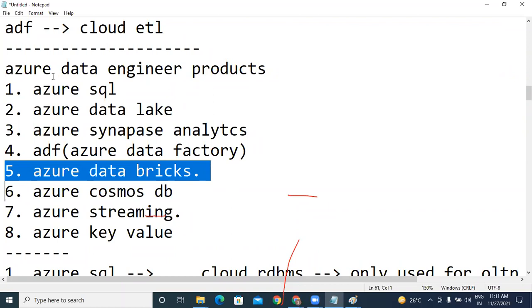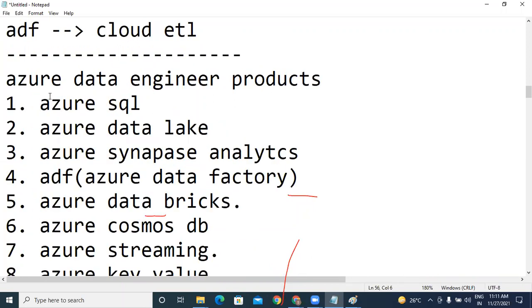I need to connect data with on-premise systems and sometimes with the cloud systems. At that time I need Azure SQL. And second, always my target will be either Synapse or data lake. Either Synapse or data lake, I need to interact with them. And finally,